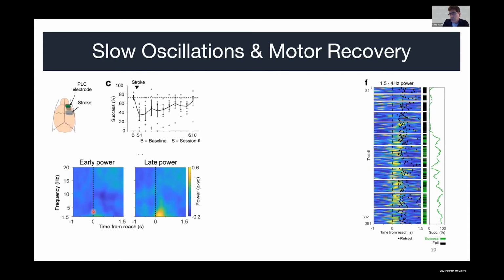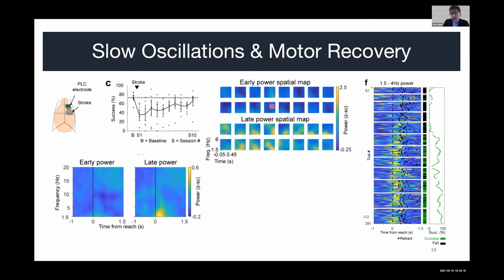Early after stroke, this power is diminished. Later, this power starts to come back when there is a lot of recovery in the rats. And we are putting these 32 channel arrays in the perilesional cortex. So what you're seeing here is the average of what's happening on all those sites. But if we look at the grid, so here are 16 contiguous grids, you see that this is not just a result of select few channels, but the power really starts to come back in this region, and it's spread out spatially in this region, and it's a consequence of coming back on almost every channel.